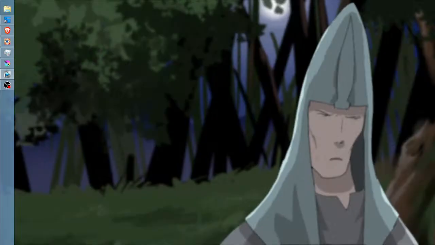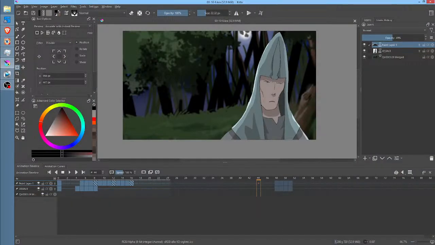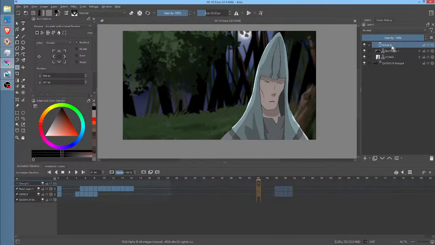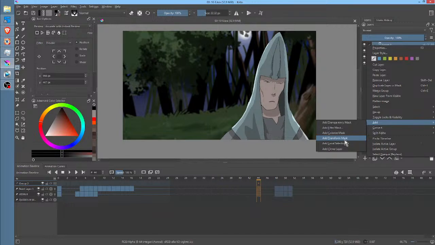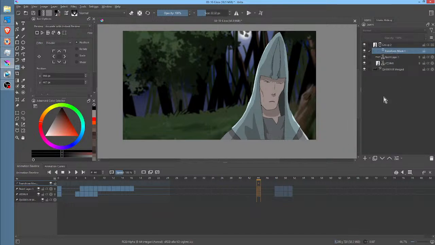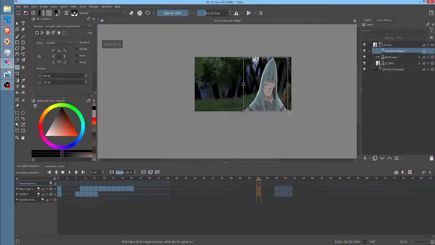Okay, so now the question becomes, from the standpoint of the rule of thirds, should this whole shooting match be transformed? I'm going to say absolutely. So I'm going to put these guys in a group, and then add a transform mask. I'm not going to animate the transform mask. I'm just using it to apply a transformation to a large group of layers all together. And that feels a little bit crowding in the screen. Oops, this should be shifted. Let's see what the difference is here.